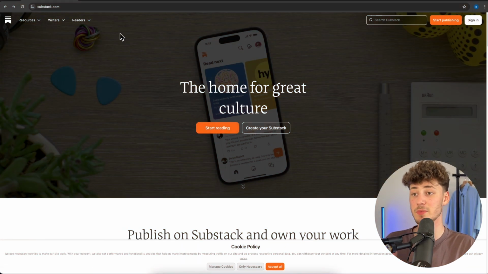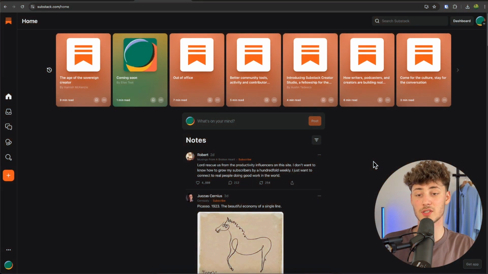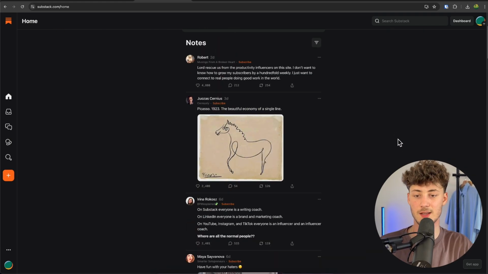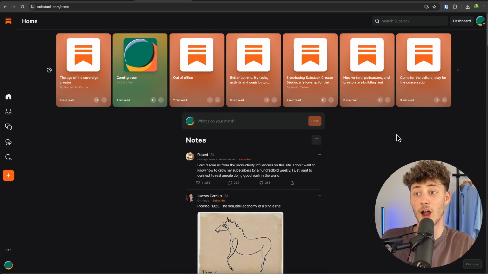To get started, simply head over to Substack and create your free account. Once you have successfully registered your Substack account, you are going to be redirected onto this page where you can see all sorts of posts that are being posted on Substack from other content creators essentially. Now we don't really need to look at this feed, rather I'm going to show you how to set up